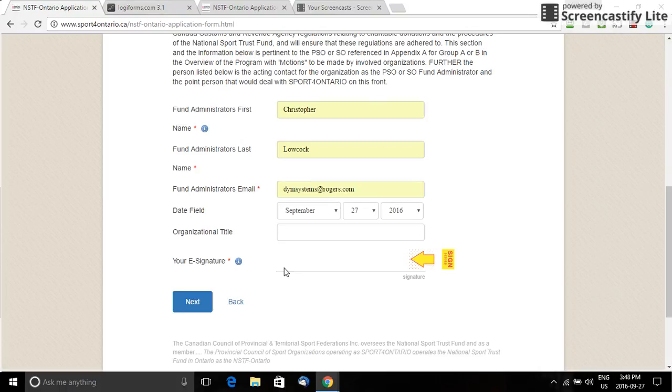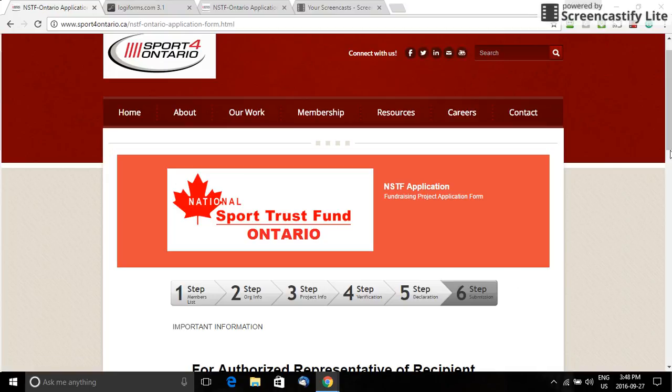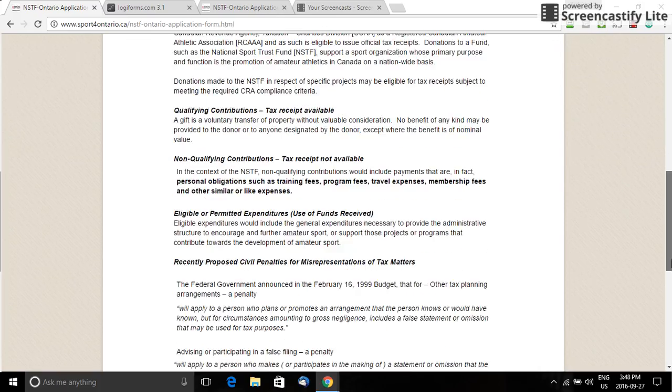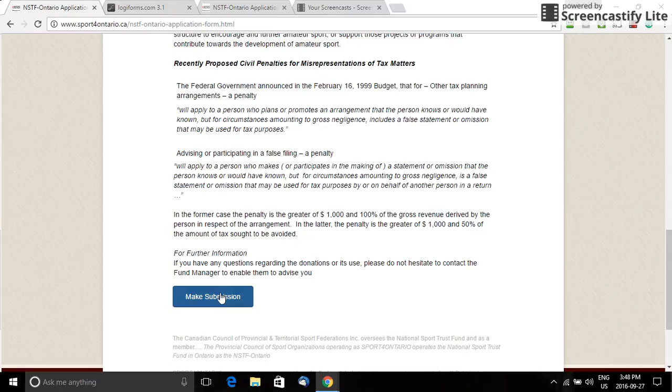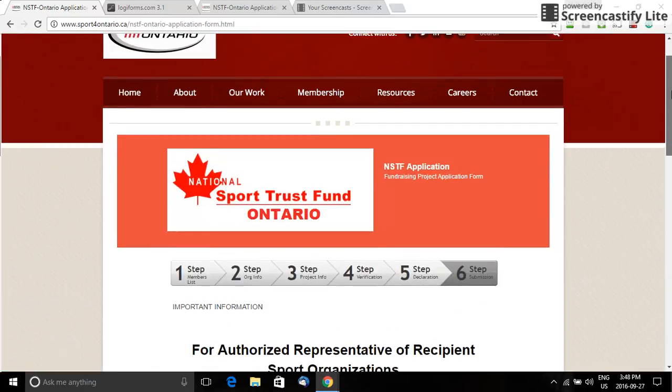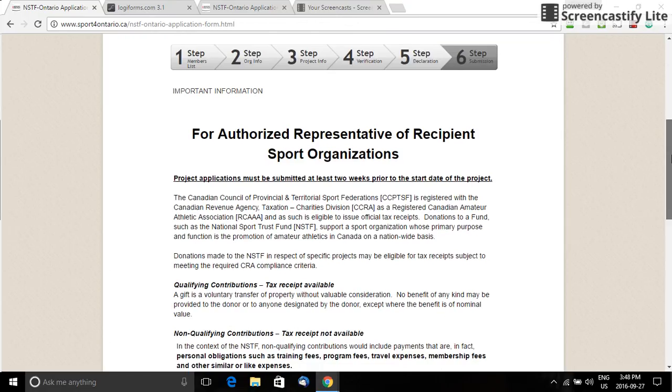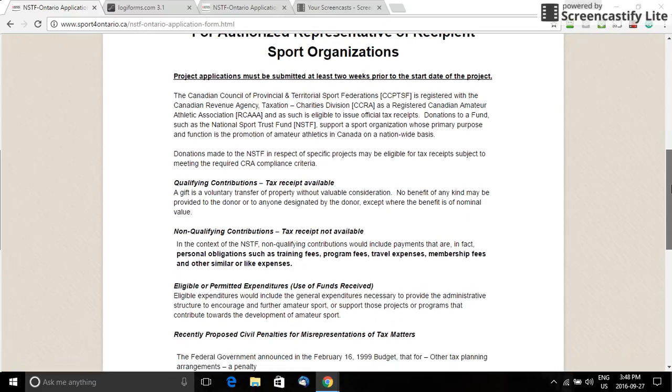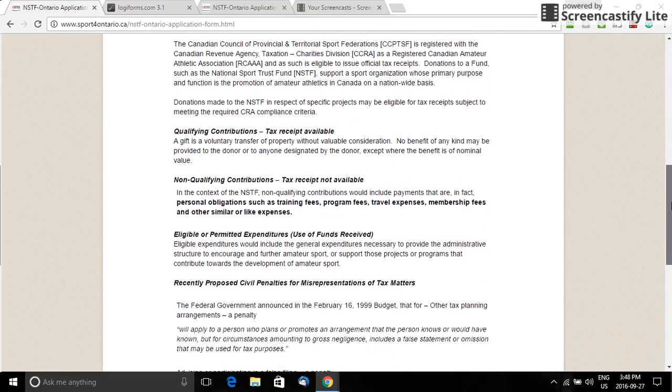If you're working from a tablet or a screen that you can touch, this will be a lot easier, but literally with your mouse and your keyboard, you can just put in a scribble here. At least it takes a picture of a signature and keeps it on file. It's a requirement of the CRA. So the last bit is an overview of letting you know what you're getting into and so forth.